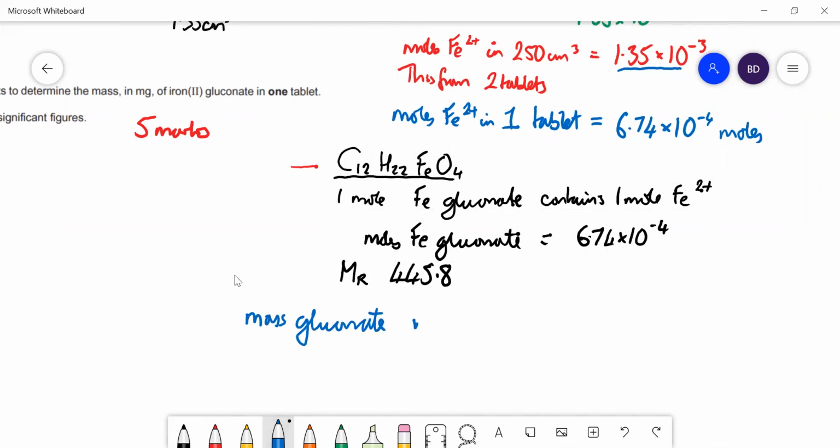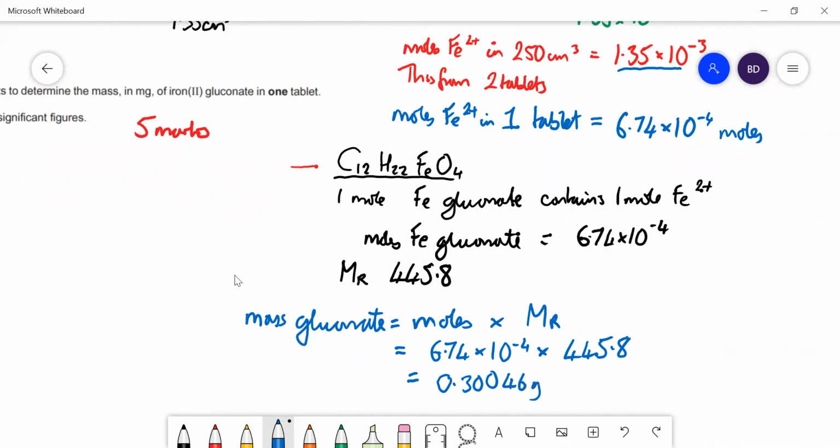That's equal to moles times Mr. 6.74 times 10 to the minus 4 multiplied by 445.8, which is equal to